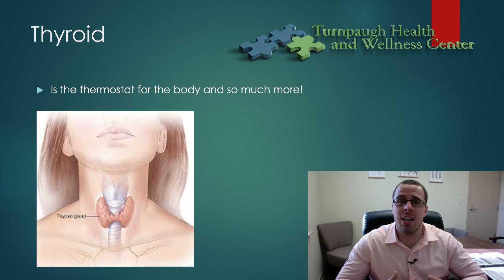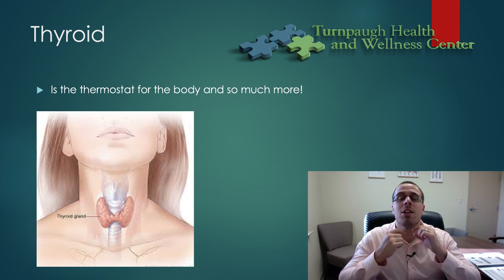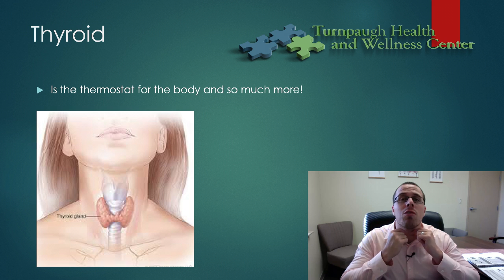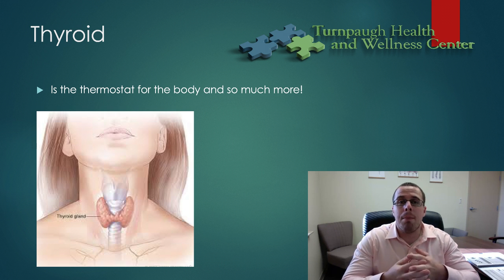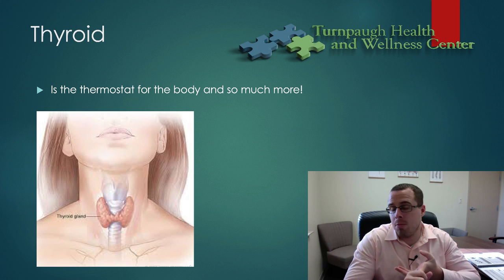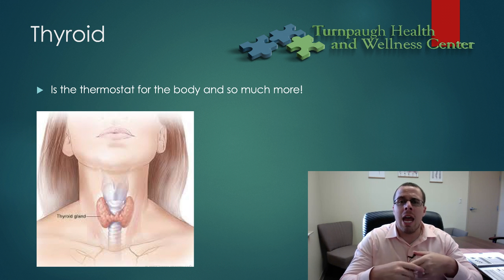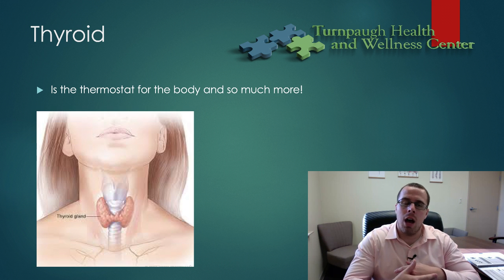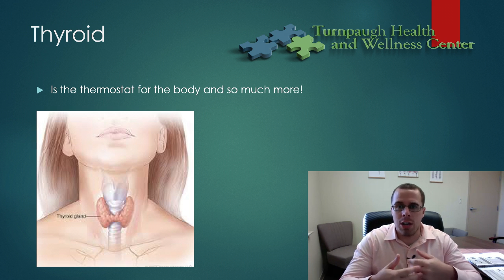But the thyroid here, what we want to think of is it's a little bow tie-like gland over the throat, as you can see in this picture. But it's the thermostat of the body. So that means it helps to regulate body temperature, and it helps to regulate resting metabolic rate here. And it does a lot more. It helps to obviously regulate bone quality and bone density. It has a huge factor in the immune system,